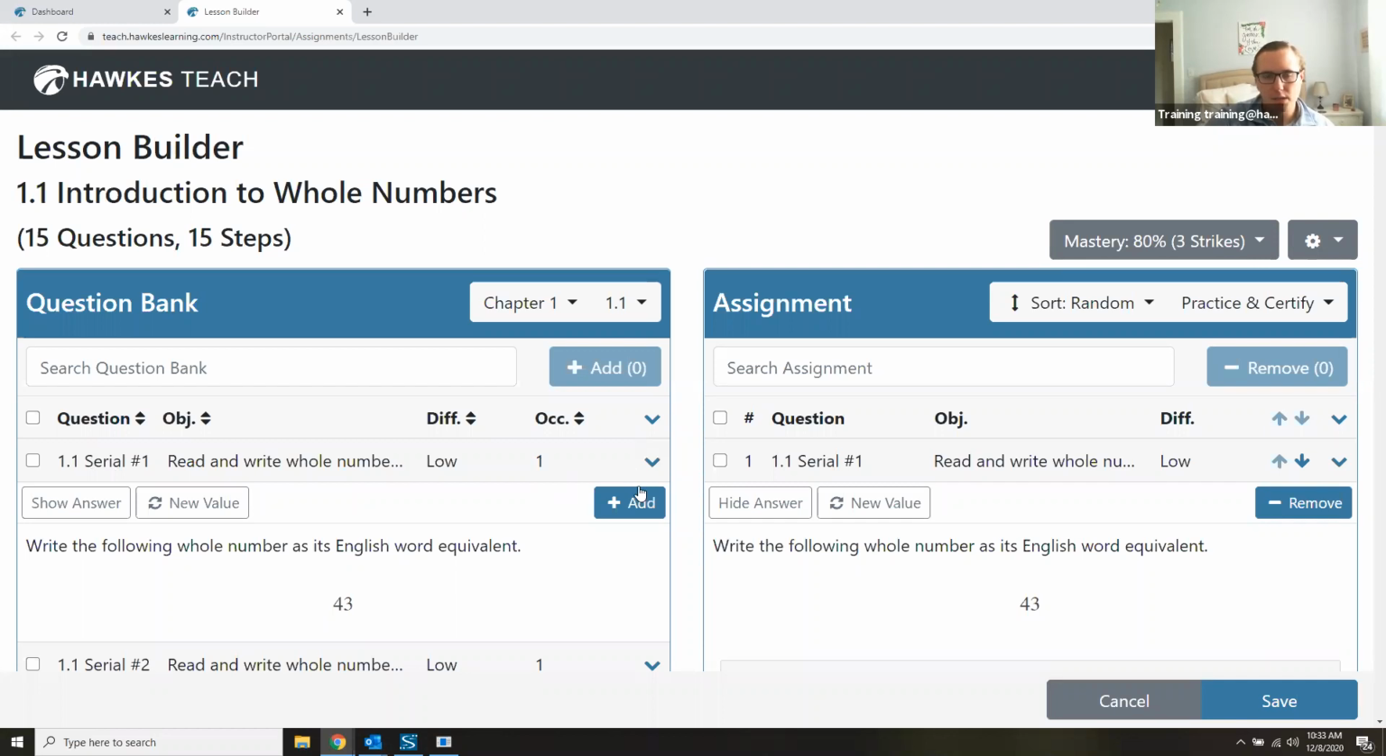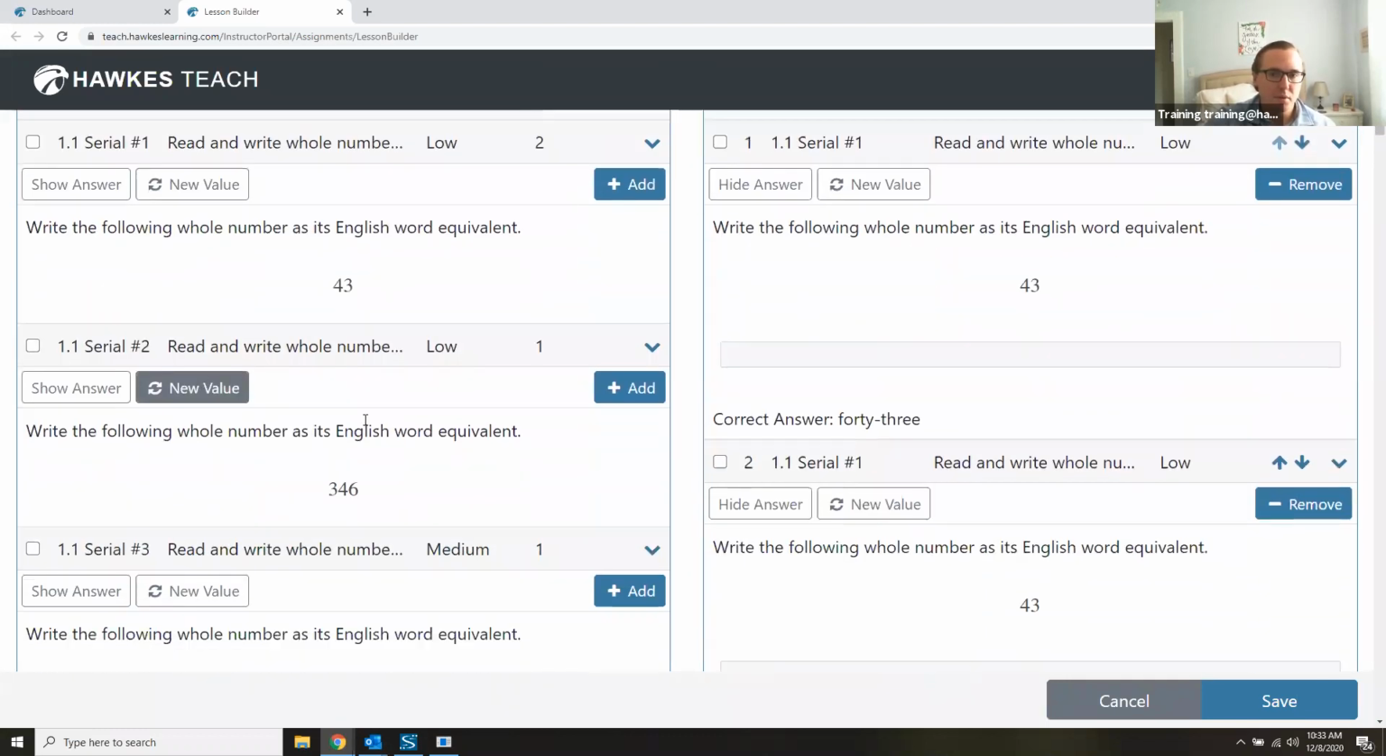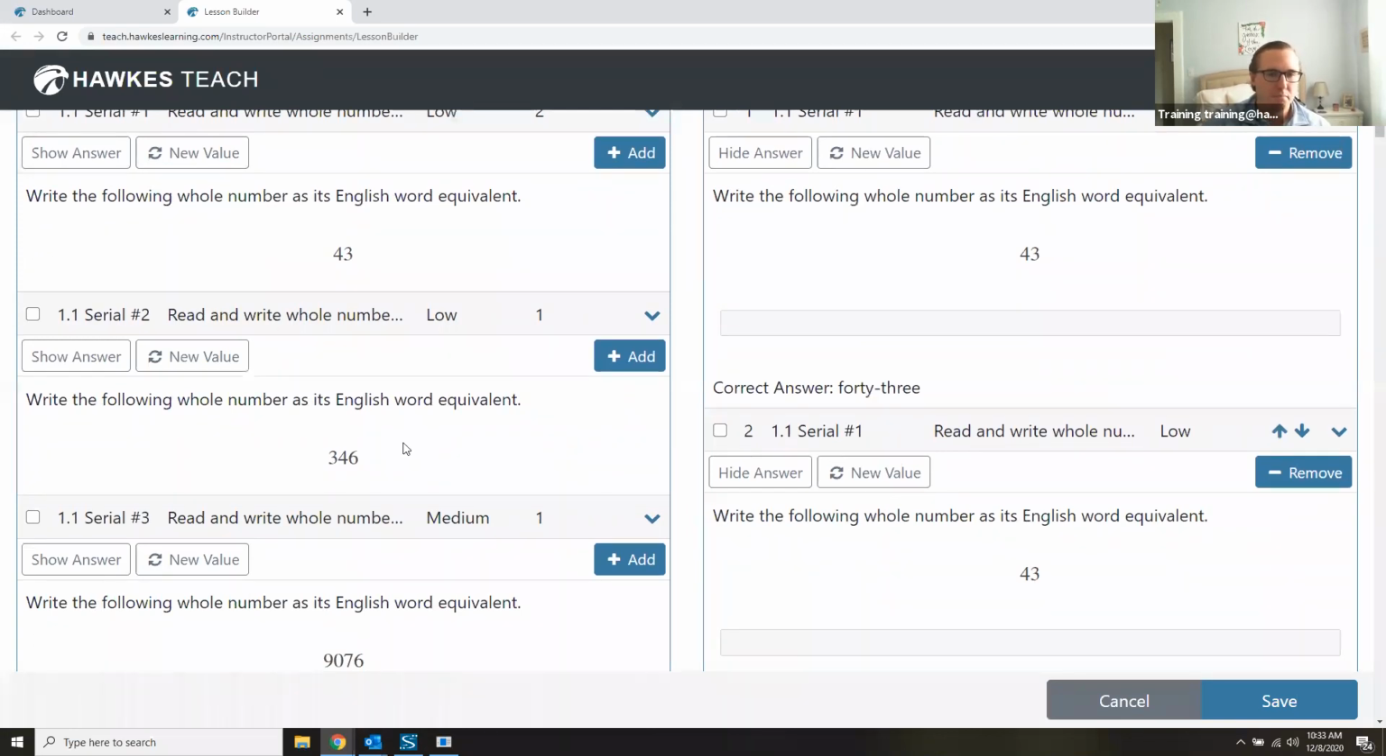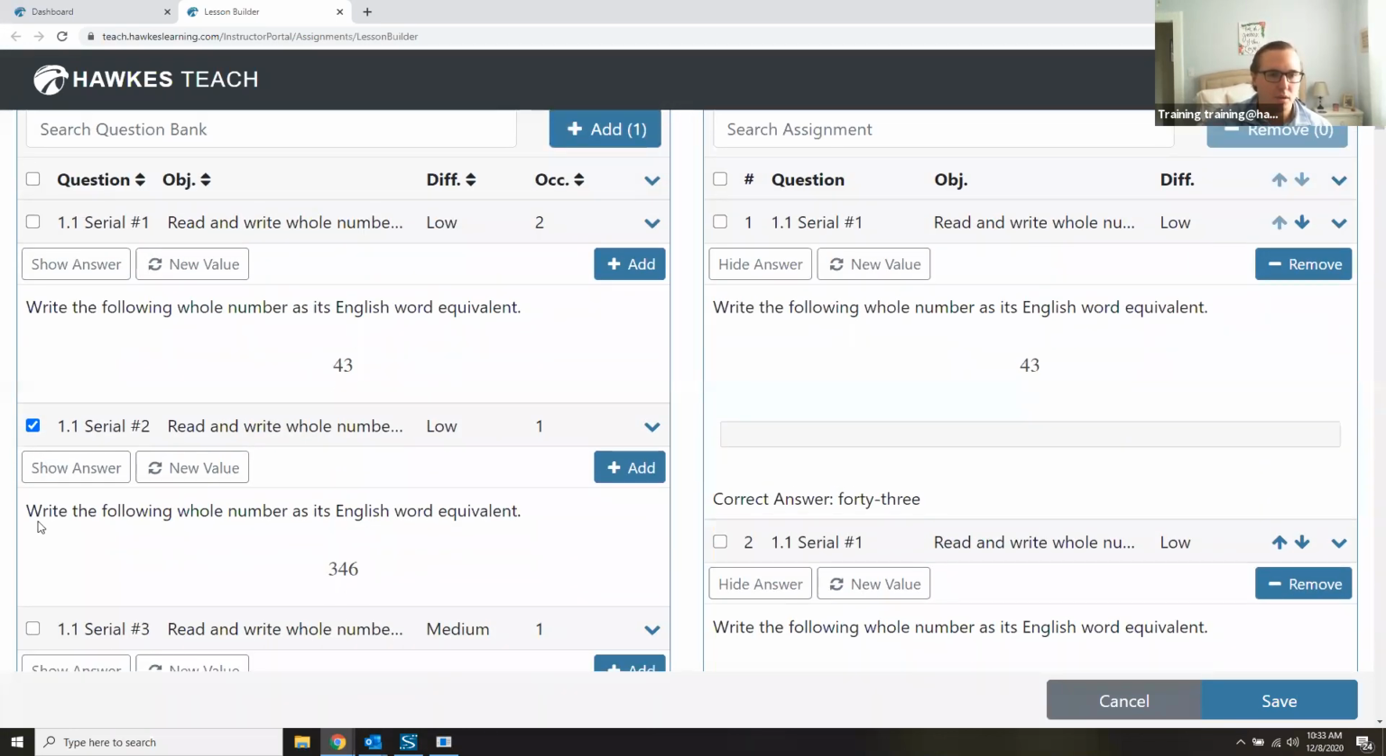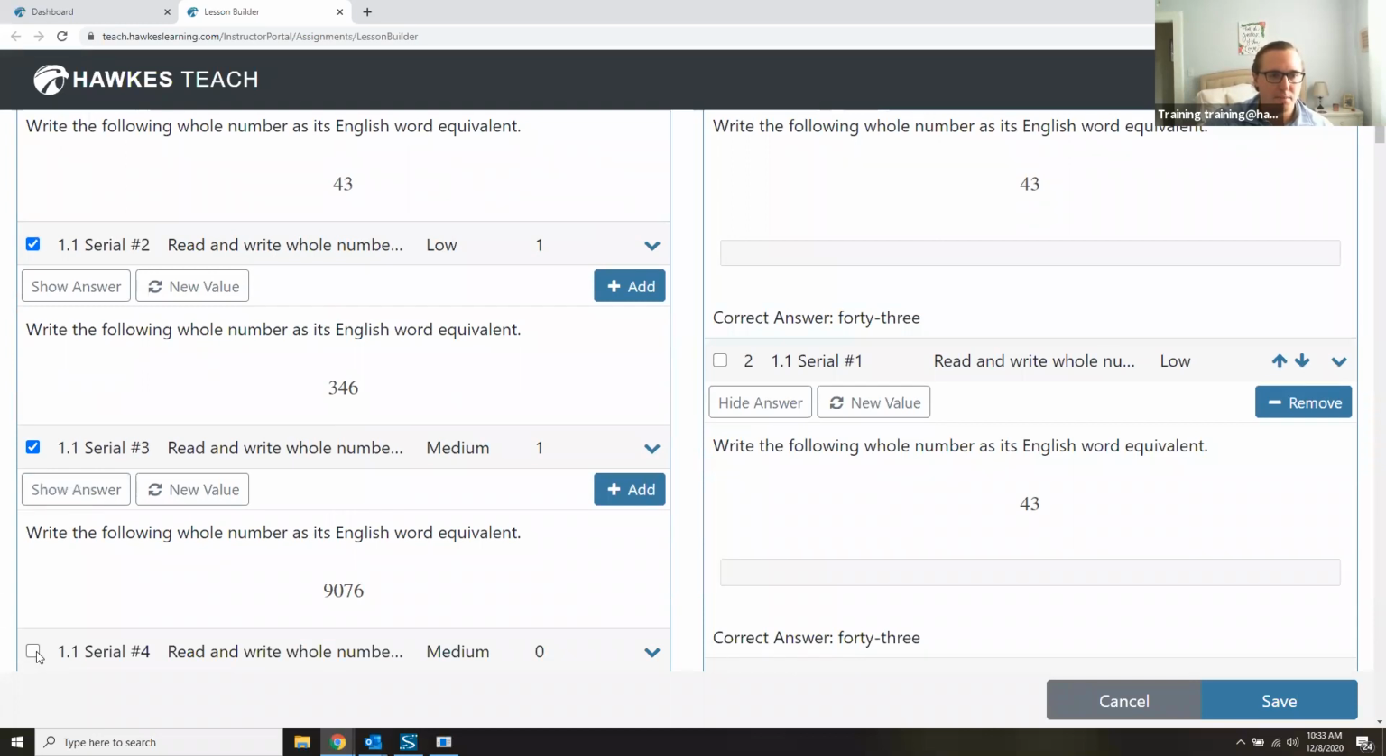The nice thing about our questions is they have a wide variety of iterations. So if I really wanted to emphasize a certain concept or objective, I can add it in 2 times, for example. And now we can see that we're up to 16 questions as well. You also have the ability to remove or add questions in bulk. If I wanted to add in multiple questions at a time, I can just